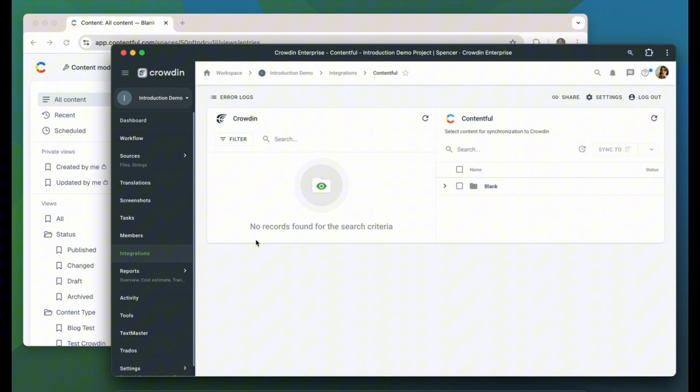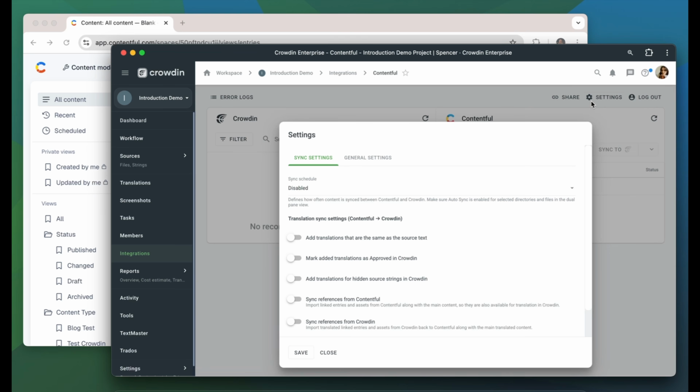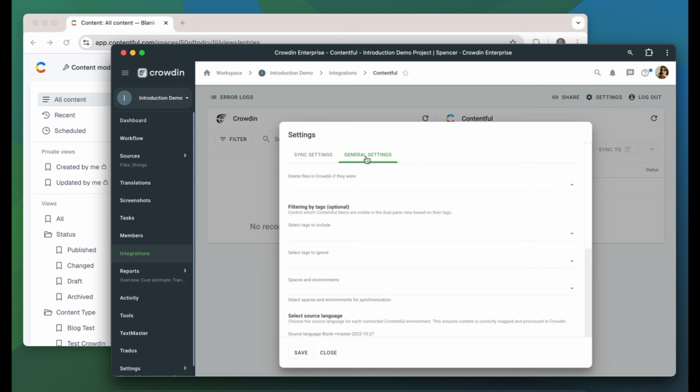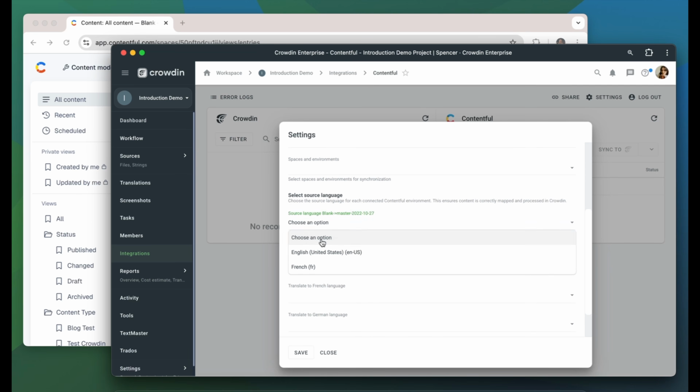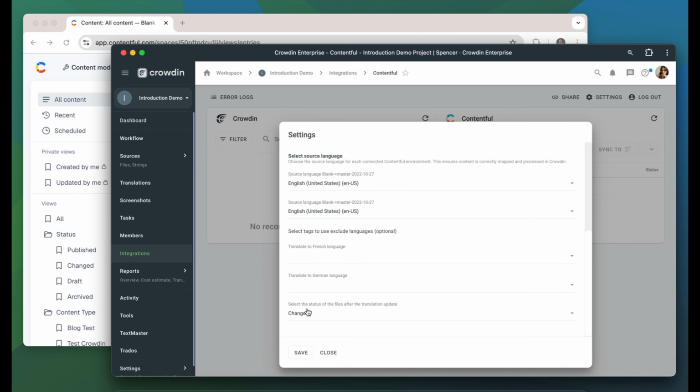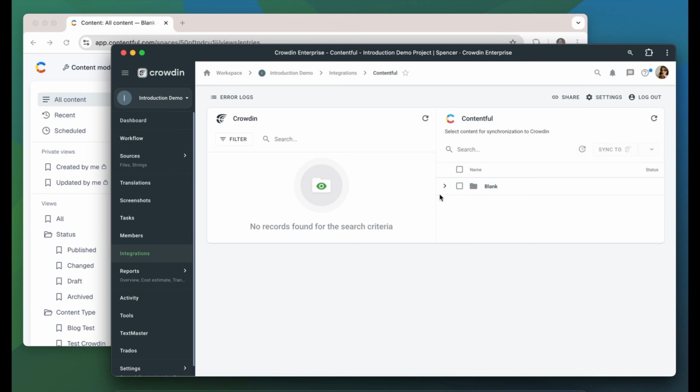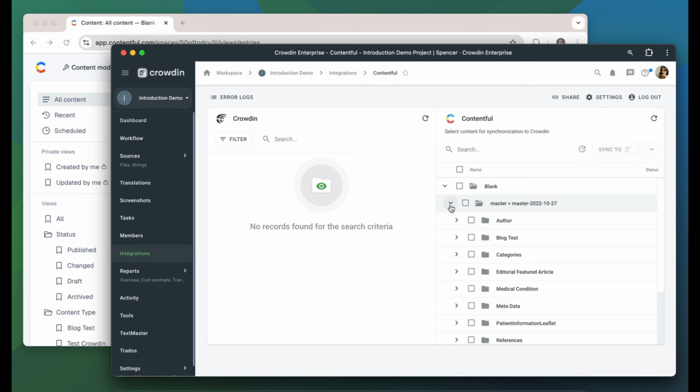Before synchronizing our content to Crowdin, we need to configure the integration first. So let's go to Settings. Here, choose the source language for each connected Contentful environment. This ensures content is correctly mapped and processed in Crowdin. Click Save. To upload content to Crowdin for translation, I select it on the Contentful side and then click Sync